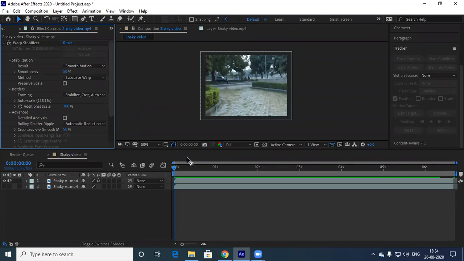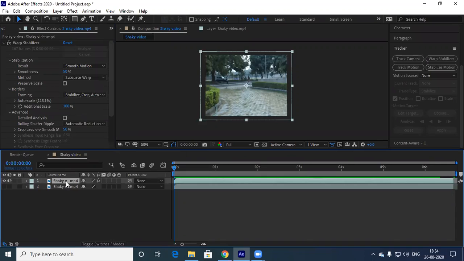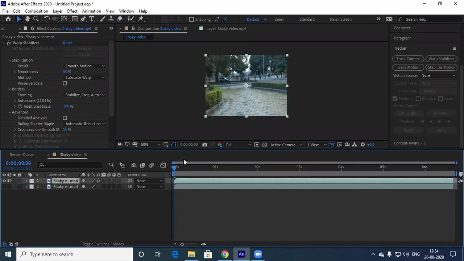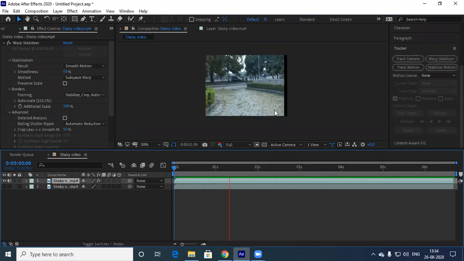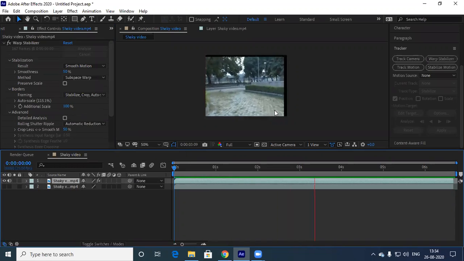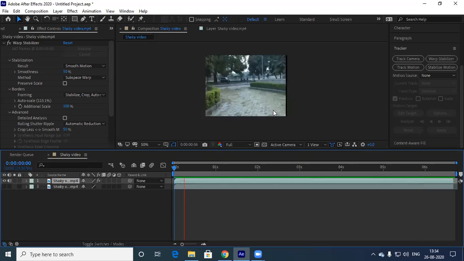So what I'll do is select this, Control Alt F, fit to screen. Now see, that shaky is not there, meaning you don't have that shakiness.